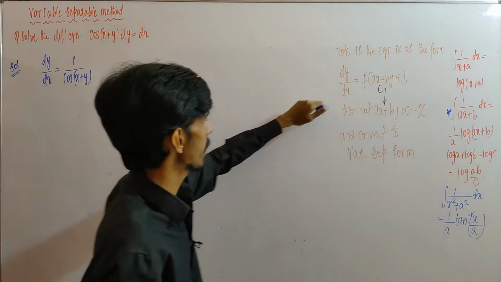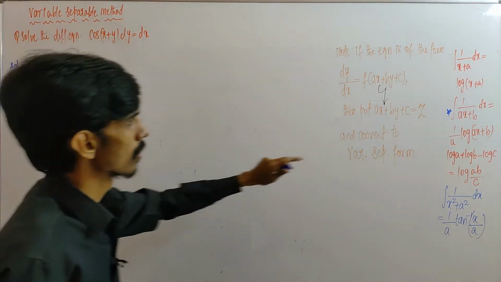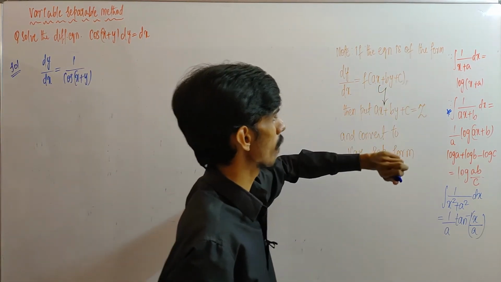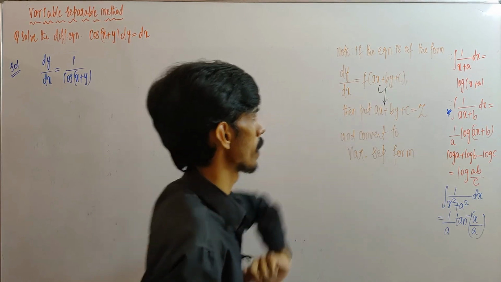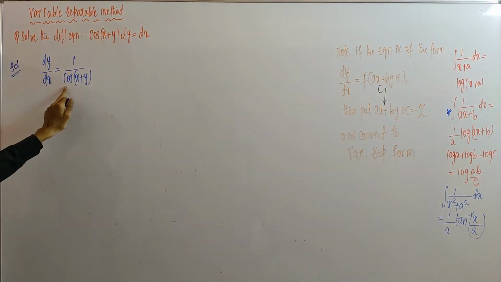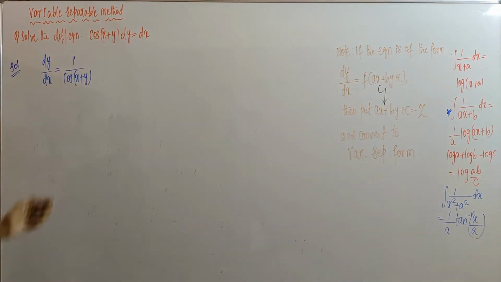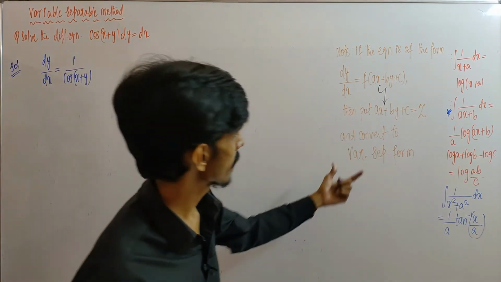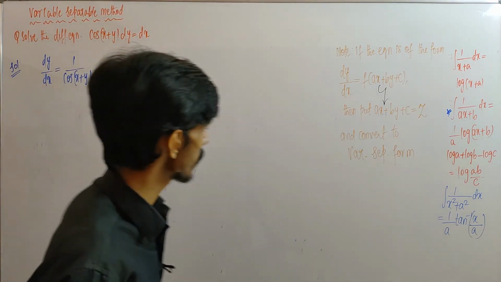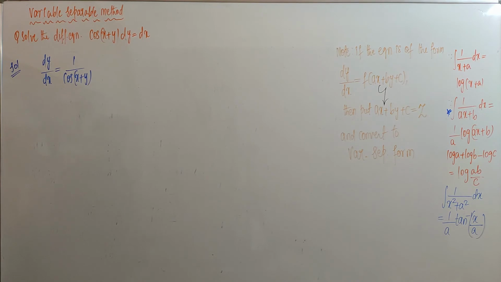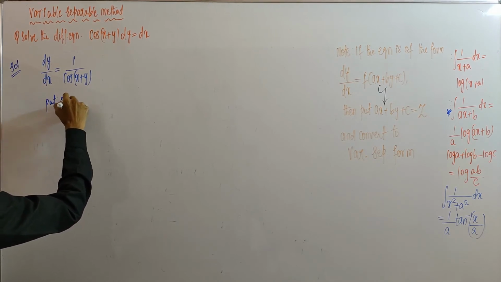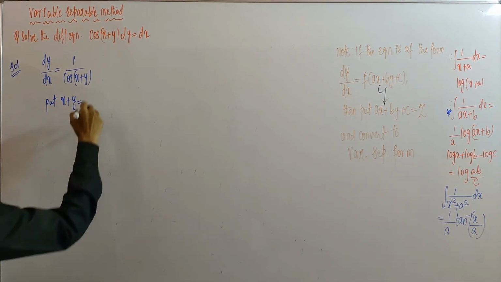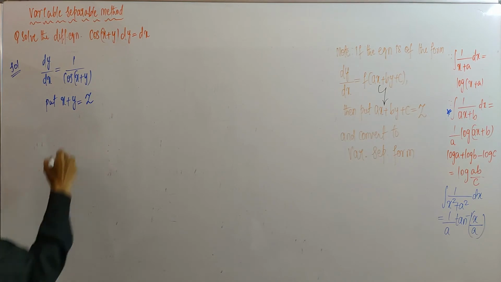Here we have dy by dx as a function of ax plus by plus c, that is, a function of two variables x and y with summation. So here also we have a function of x and y. So this question comes under this category. So the procedure is substituting the bracket part, that is x plus y. So take x plus y value as some dummy variable z.